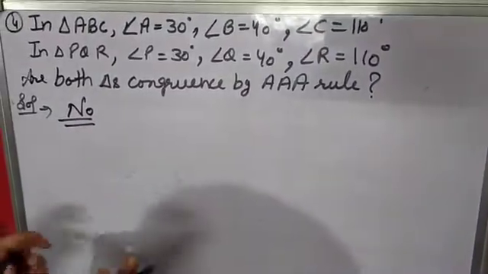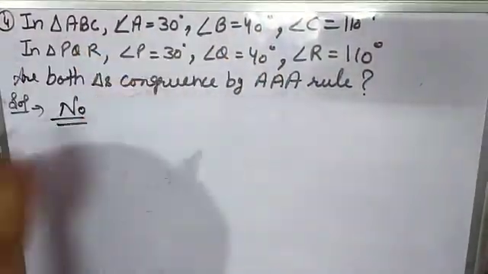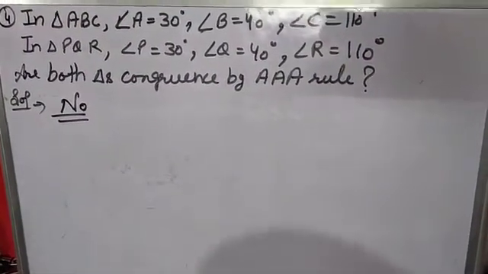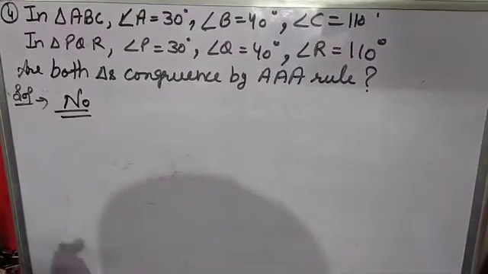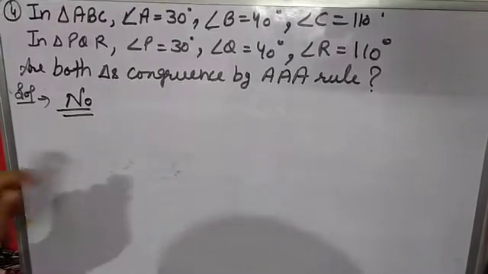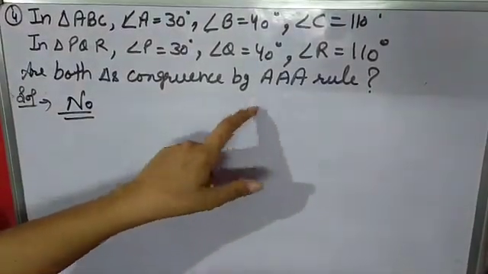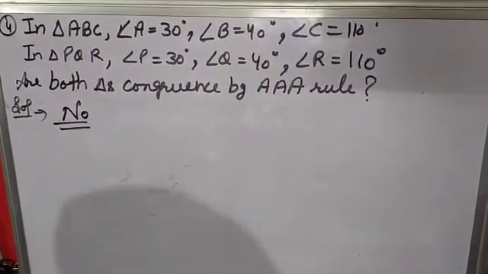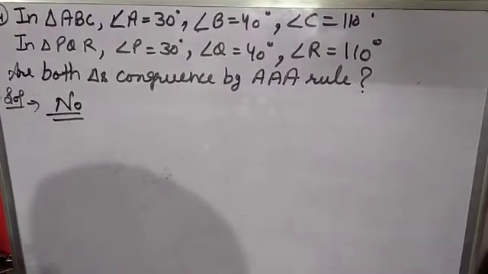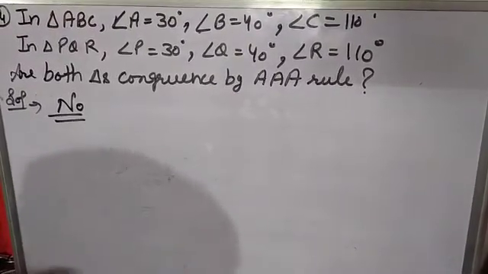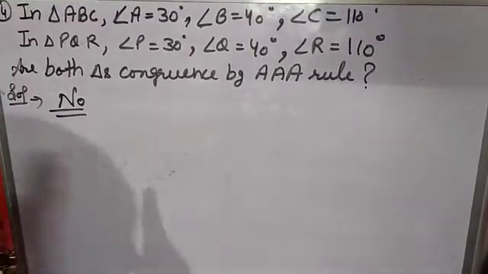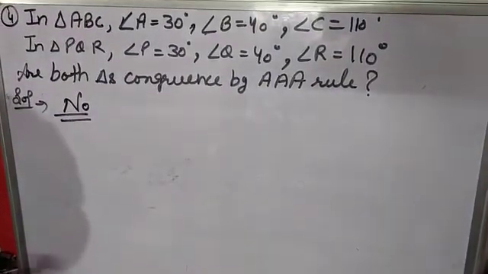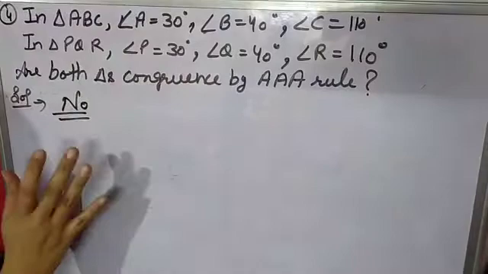Why? We can make triangles using these angles, they will be similar, but they will not be the same in size. So this is not possible in congruence: AAA, angle angle angle. In some cases they can be the same in shape and size, but in some cases they cannot be. ठीक है, but in congruence you always have to show same size and same shape, but using this rule in some cases it is possible and in some cases it is not possible. So its answer is no.